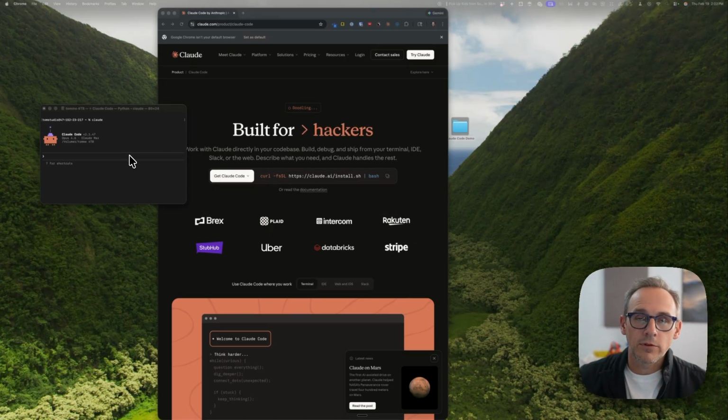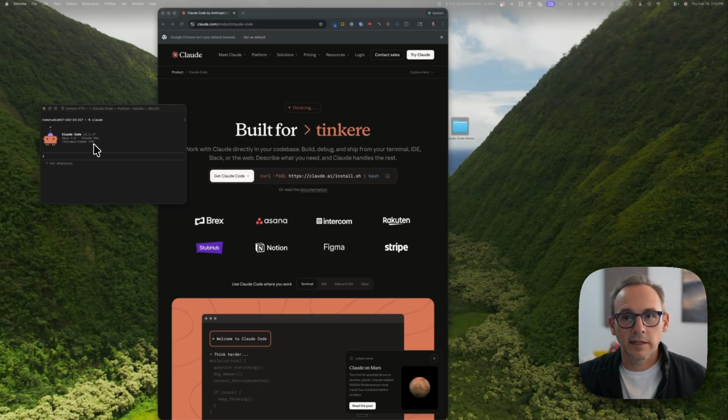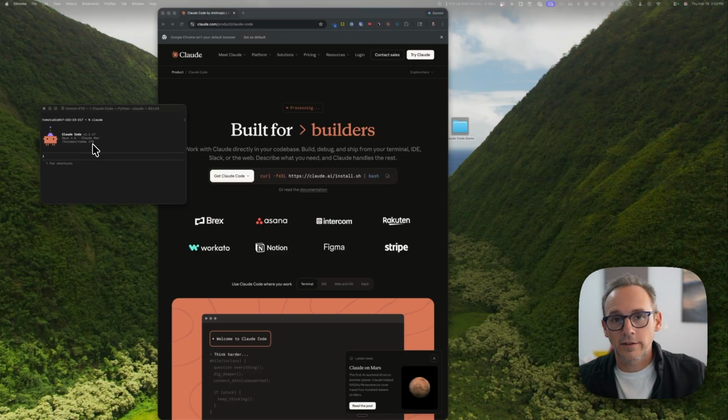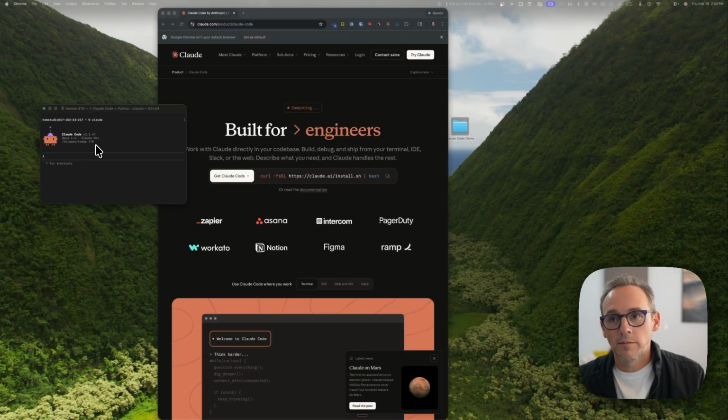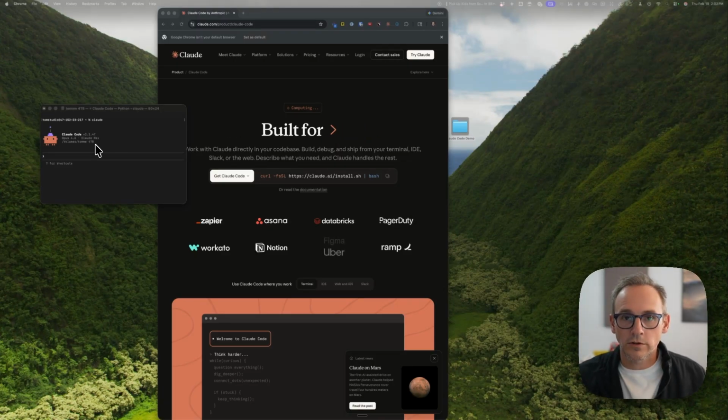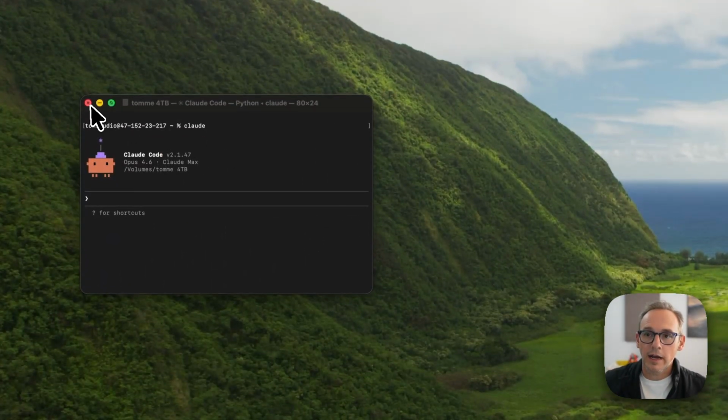But without getting too technical, you can see that this initial Claude instance is basically at the top level of my file structure. So it can read and go through everything possible, but if I have specific folders for different clients, that can be somewhat problematic. So what I suggest doing